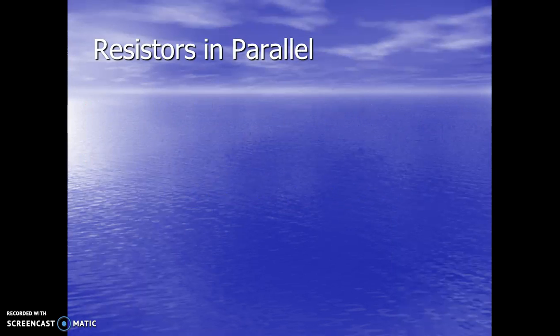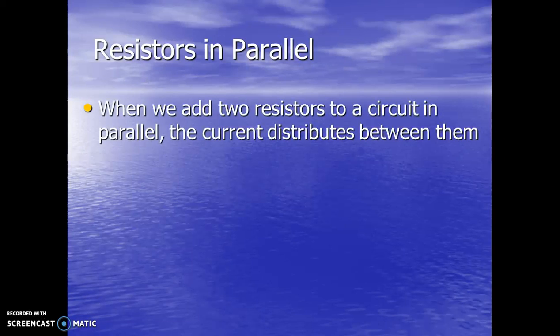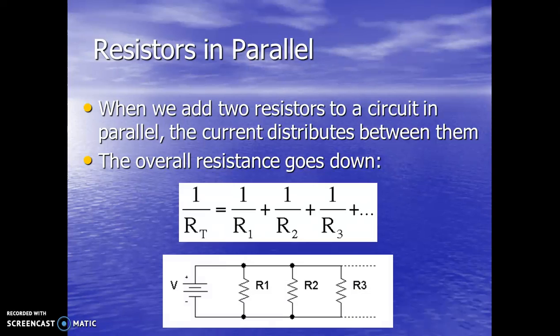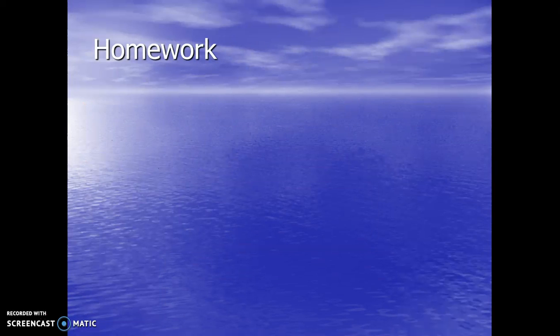And there's a little bit more math involved when they're in parallel. When we put resistors in parallel, we give additional paths for the current to take, and the resistance goes down. And so 1 over the effective resistance is equal to 1 over R1 plus 1 over R2, etc. And you've done these things before, so this shouldn't be too much of a challenge. So for your homework,